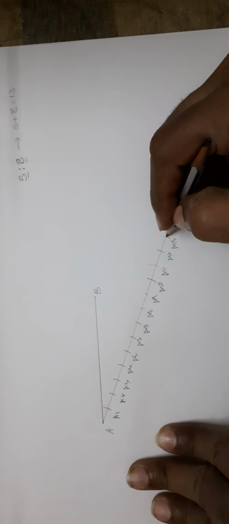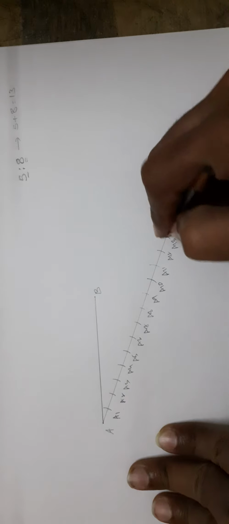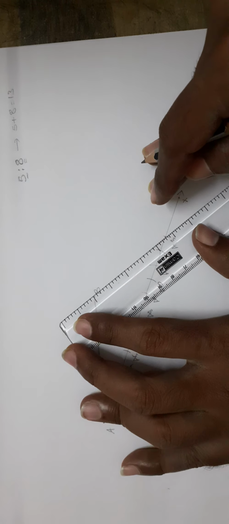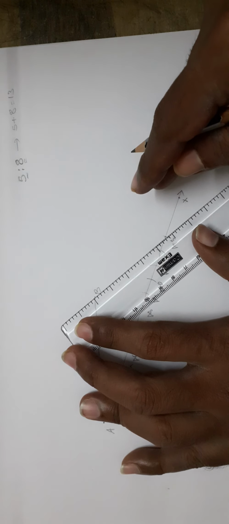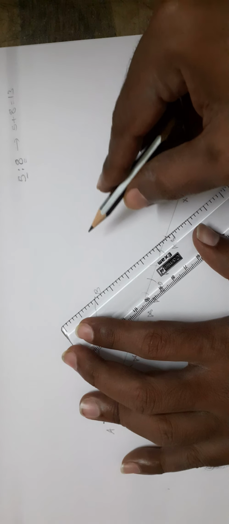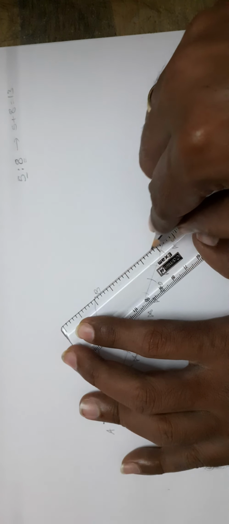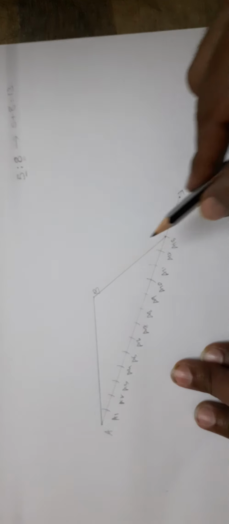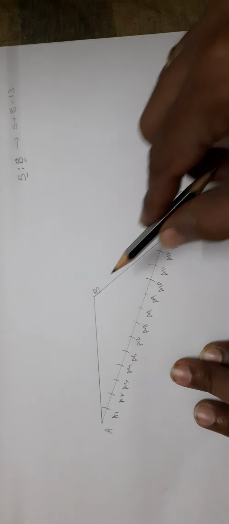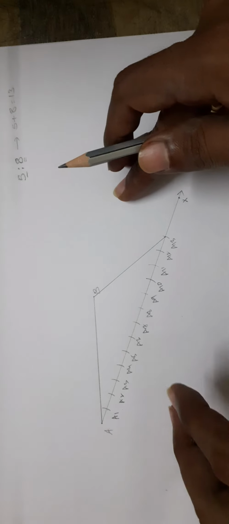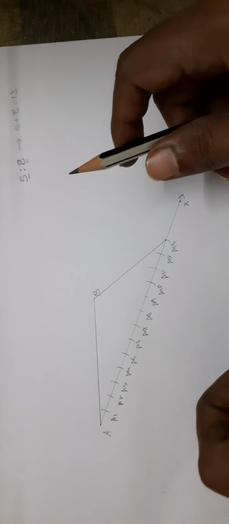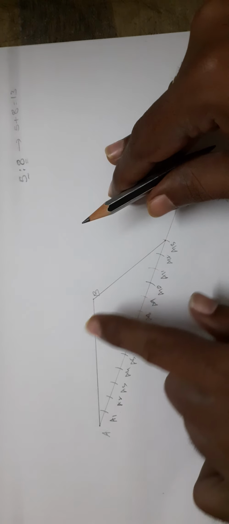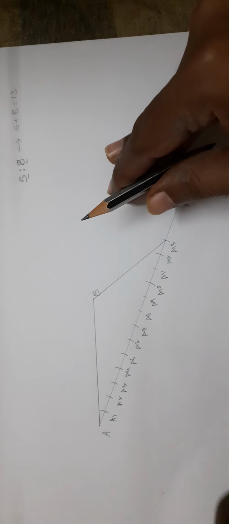Now join B and this last point A13. Now if you observe, here we got a triangle ABA13, otherwise AA13B triangle. You know the basic proportionality theorem well. What it is saying: if we draw a line parallel to any side of the triangle, that always intersects the other two sides in the same ratio.